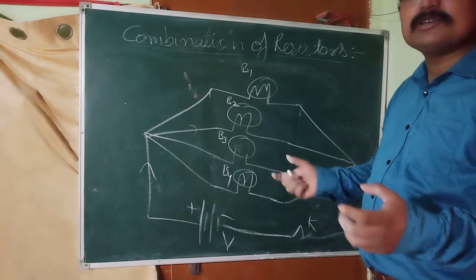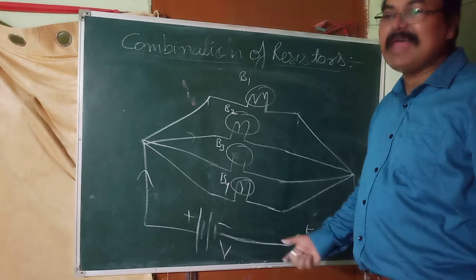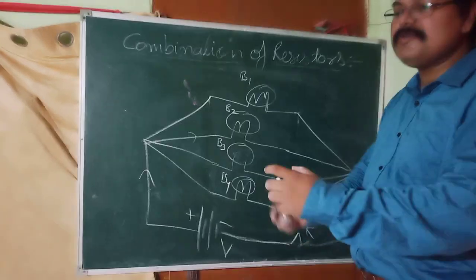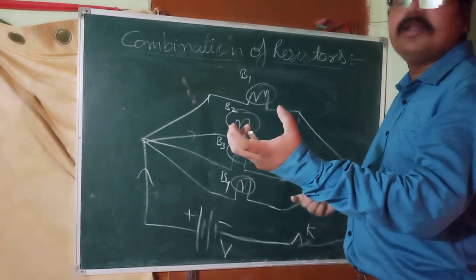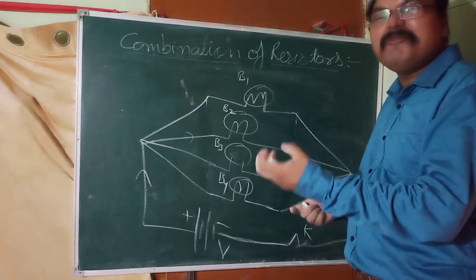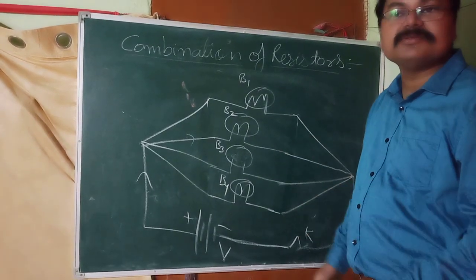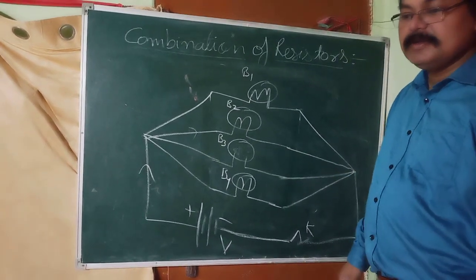But what happens in series combination? The potential difference is divided among them. In that, some get the required potential difference, others don't. So when we connect 3 bulbs in series, the first bulb will glow with full brightness, the second will have very dim brightness, and the third will not even glow. So that happens in series combination, and this happens in parallel combination.